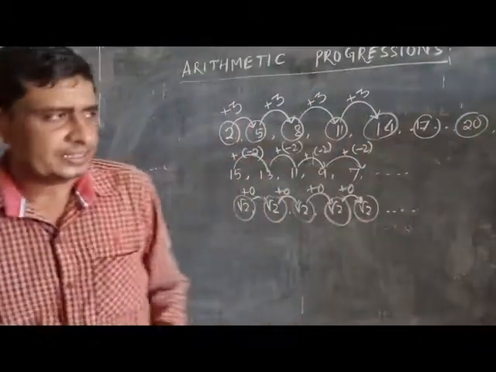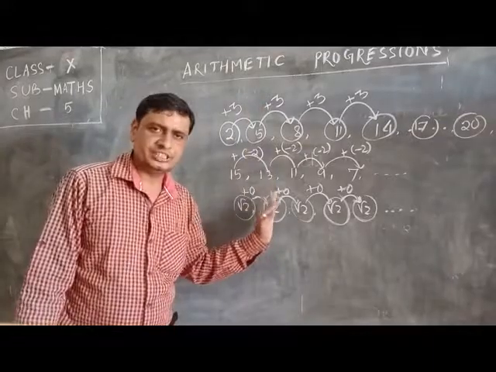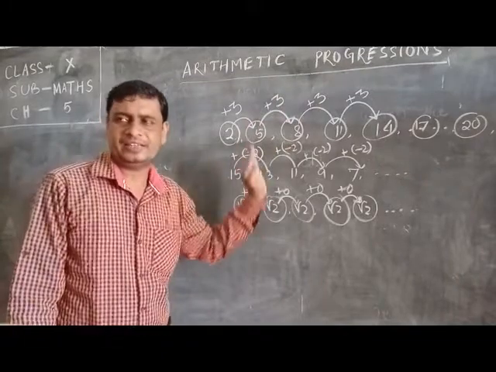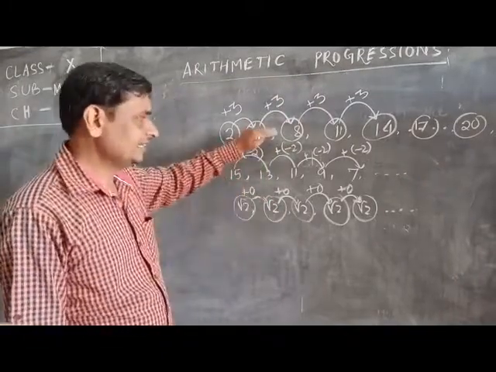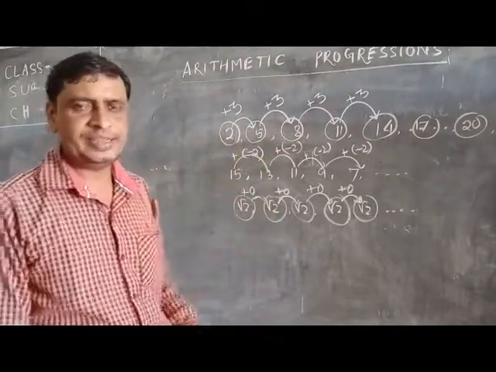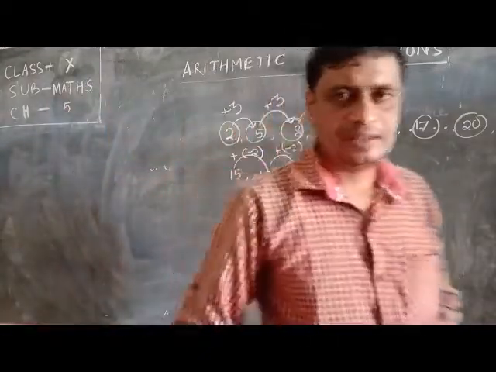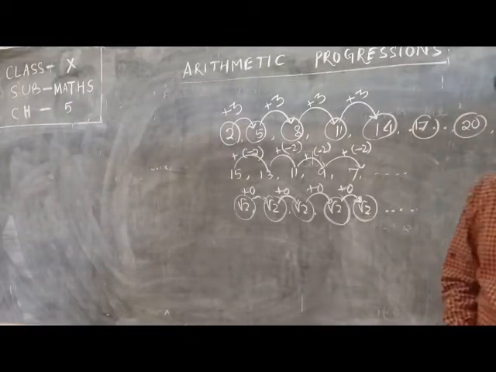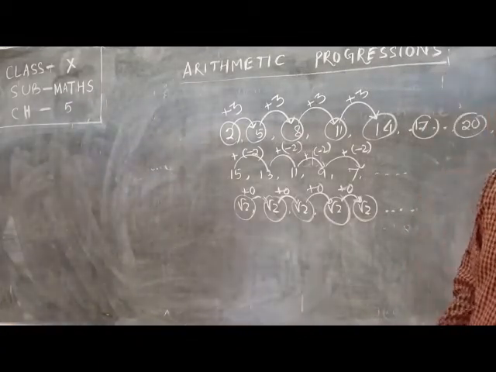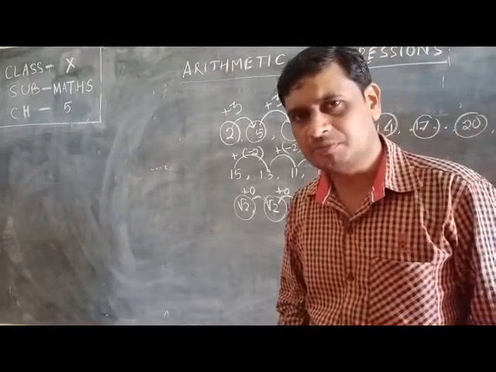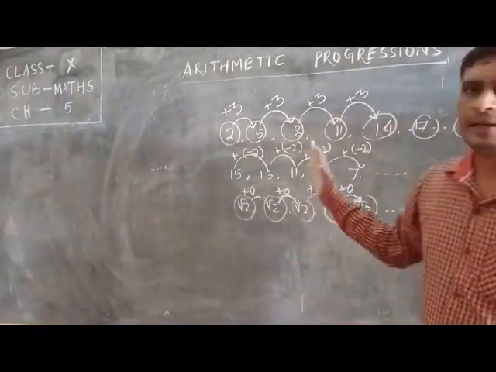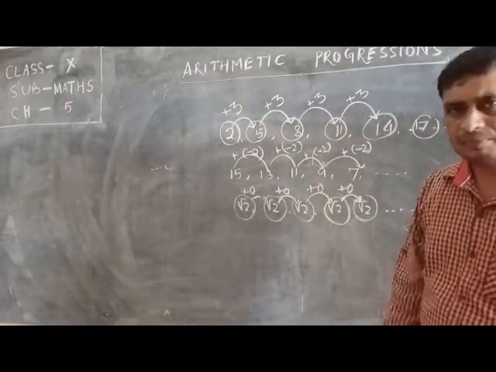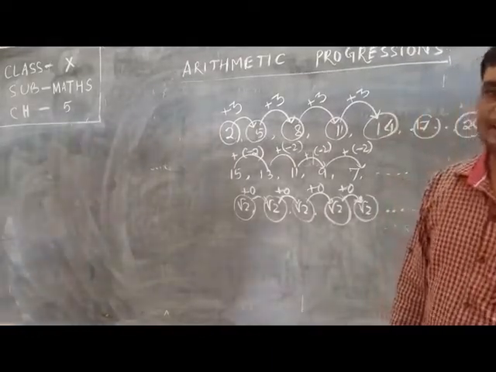It is not necessary whether the fixed number is positive, negative, or 0. The common difference may be positive, negative, or 0, and in that case we get a series that is said to be an AP. This AP may be finite or infinite according to the number of terms present in the series. If the series has a limited number of terms, then the AP is said to be a finite AP, or if it has an unlimited, infinite number of terms, that is called an infinite AP.